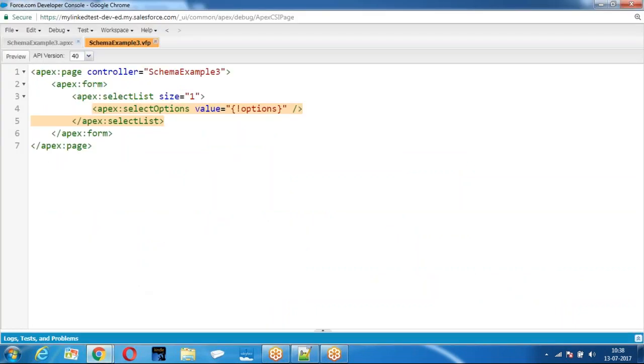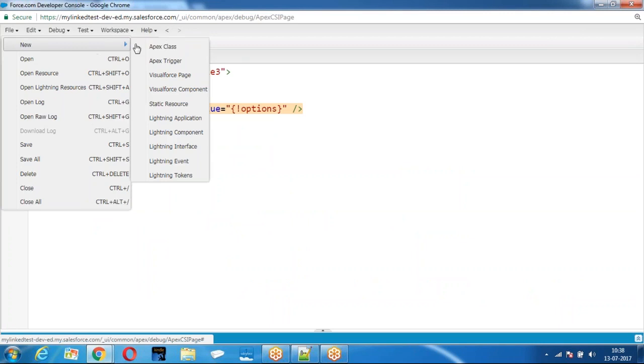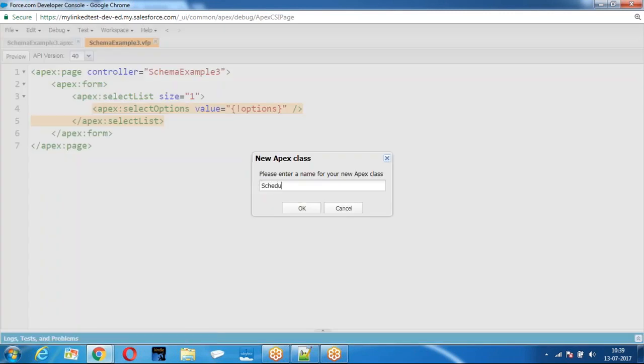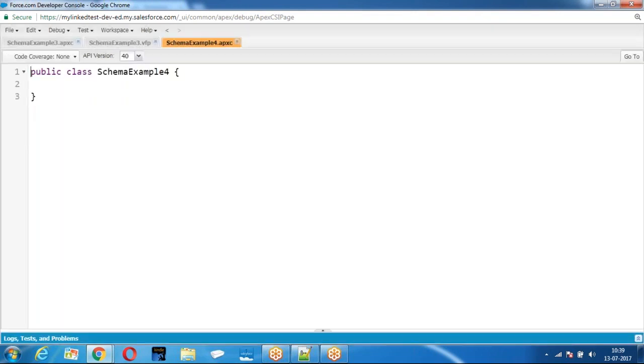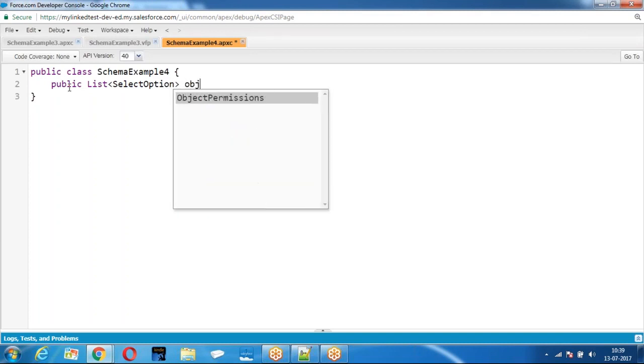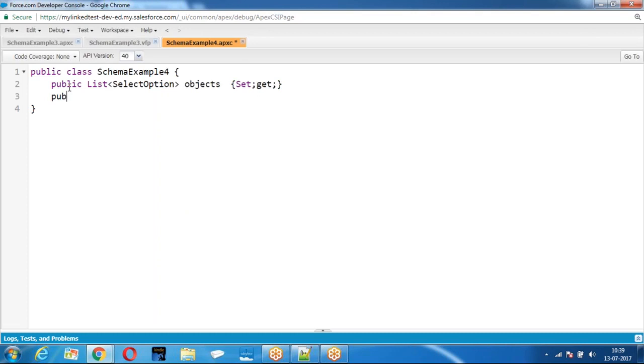Look at this example, everyone. Look at the first one. First, I want to create a list of select options. I want to get all the objects.